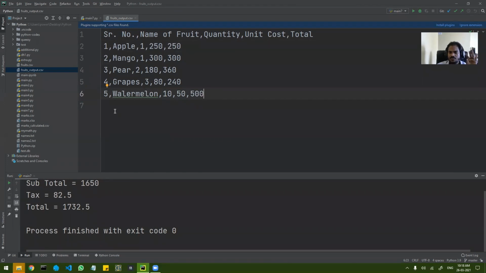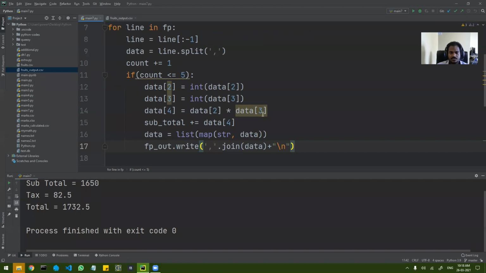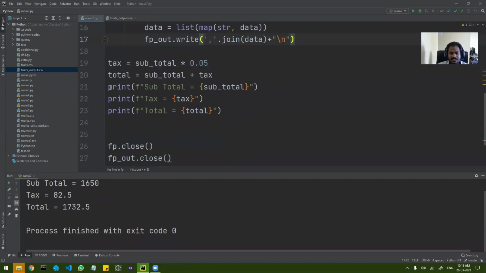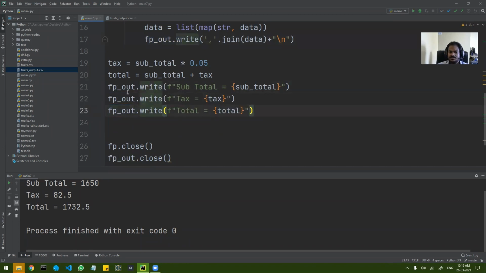अब मुझे और थोड़ी चीज चाहिए. क्या चीज चाहिए? Subtotal, और क्या है ये? क्या चाहिए? Tax और total. हाँ, so वो चाहिए. So let's come down. So instead of printing, I will simply replace this with... That's it. Okay, so I will write fpout dot write subtotal, fpout dot write tax, and fpout dot write